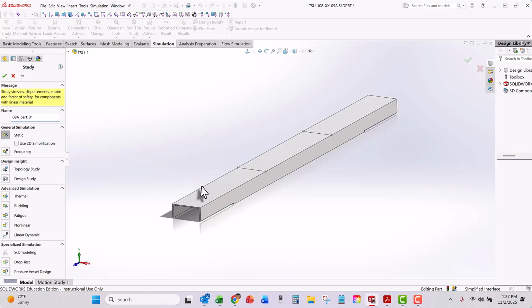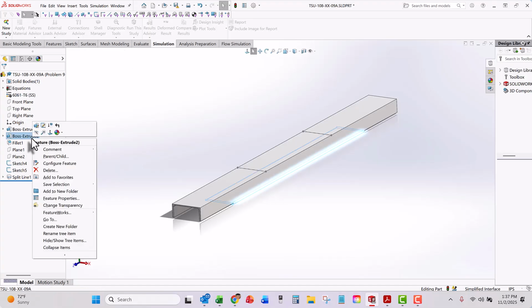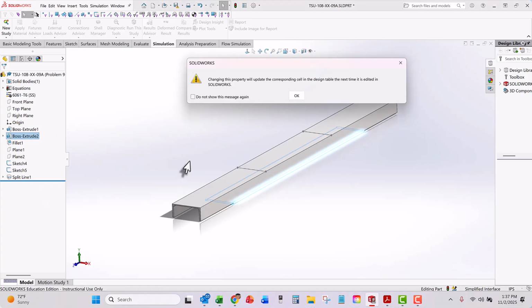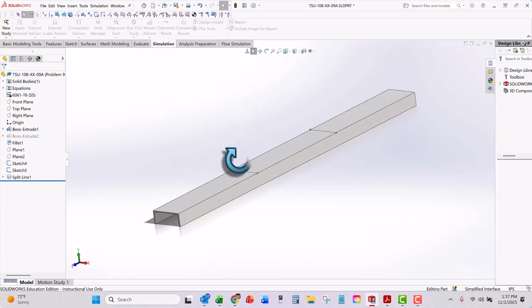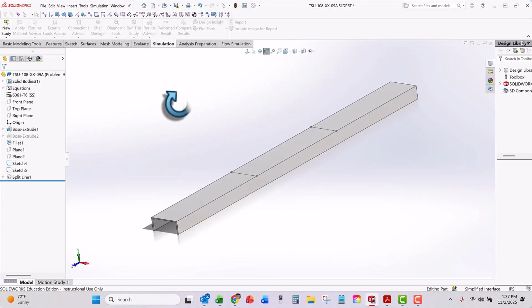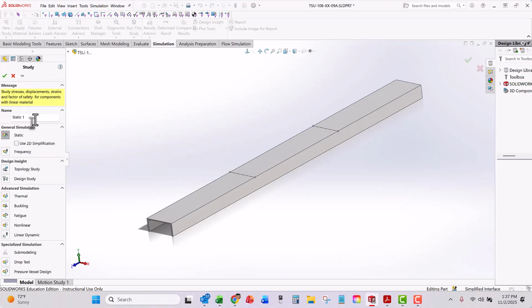The first one is without the plate. The second one is with the plate. And now that I'm thinking about it, I'm going to get rid of that plate on this one. So I want to go find that feature and just right-click and suppress it. So now I've got that plate gone, so now I'm going to run the analysis without that plate, and I'll run it a second time with the plate. So we'll go New Study, and we'll call it